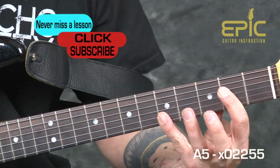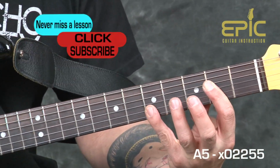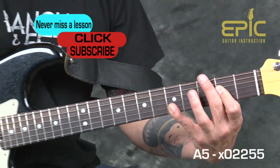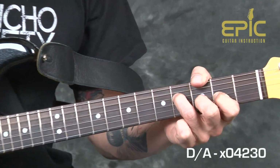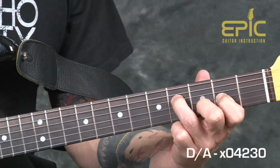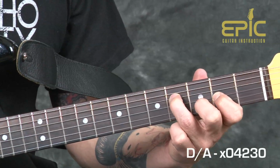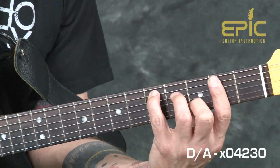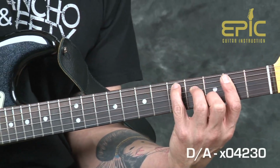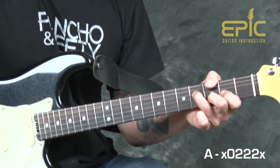When I play the A, I'm stretching my pinky to the 5th fret, covering these two on the high side. When I go to this, this is a form of a D chord. This is the 4th string, 4th fret, 3rd string, 2nd fret, 2nd string, 3rd fret. Thinking of your CAGED voicing, this would be your C voicing of the D, if that makes sense to the people out there in the CAGED world. But we're going from that,